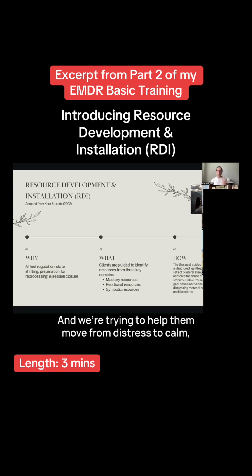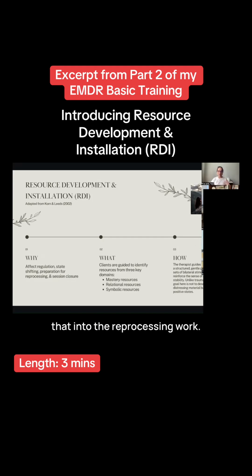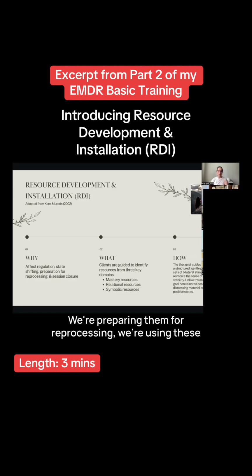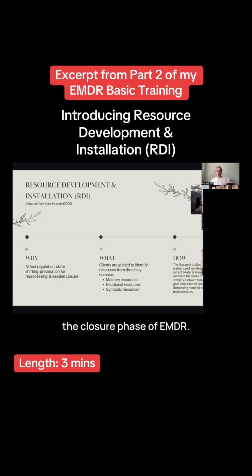And we're trying to help them move from distress to calm, essentially widening their window of tolerance so they can bring that into the reprocessing work. We're preparing them for reprocessing. We're using these kinds of resources for clients so that they have sufficient coping resources before they start to do the trauma work. And then RDI is also another really great tool to use during the closure phase of